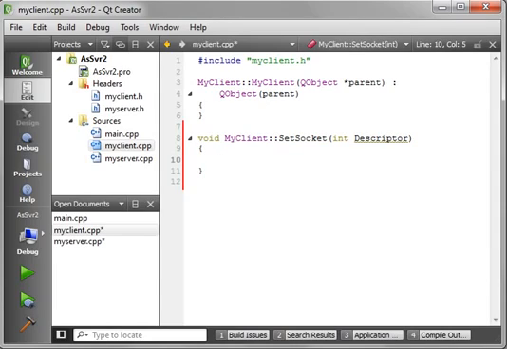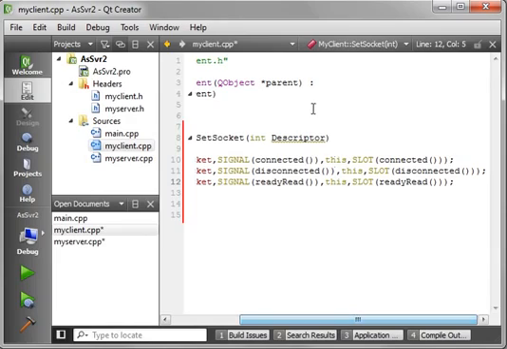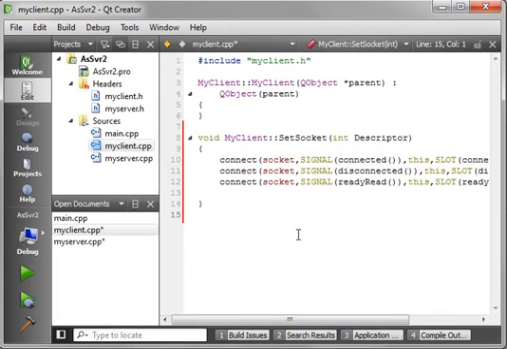And I'm going to, of course, copy and paste the connection code just because it takes a while to type that out. And you've seen this before. This is just connecting the signals and slots together. We're just connecting the connected, disconnected, and ready read with slots that aren't implemented yet, but we're going to get there real quick. So we'll say void my client